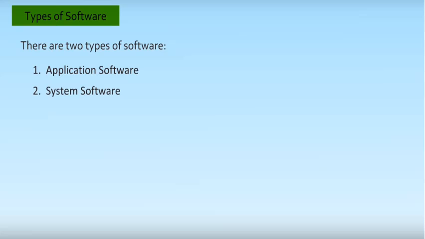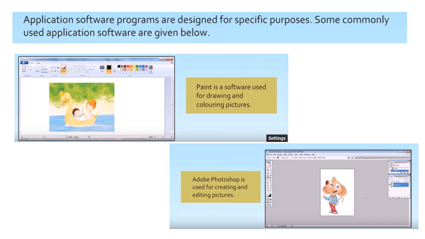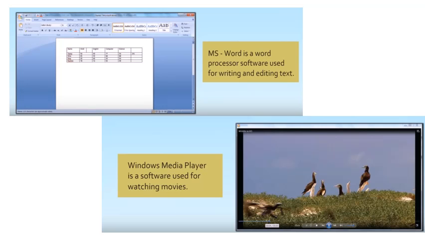Application software are the programs that are designed for a specific purpose. We use many such softwares in our daily life. You use the software MS Paint to do some drawing, making a collage, joining two or more pictures, or cropping a part of a picture from the main picture. You may be using Adobe Photoshop. These two are there on the screen.